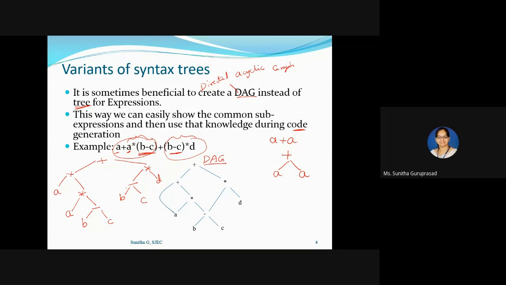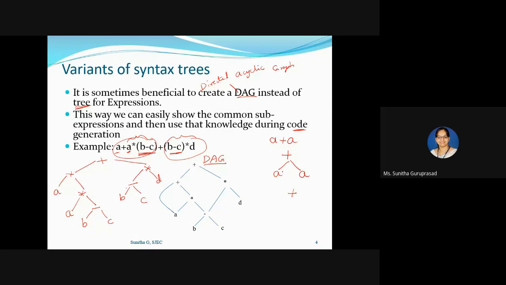But if I want to create a directed acyclic graph, remember, acyclic means you are creating a graph without any cycle. Now here you will have to create a DAG like this.